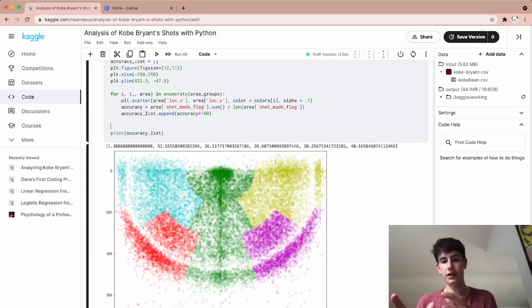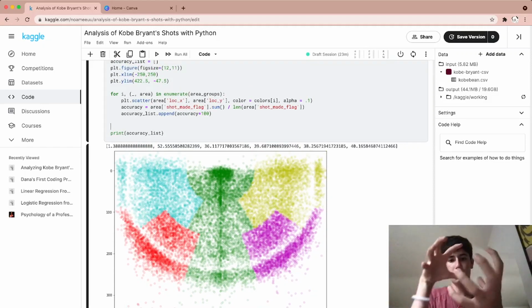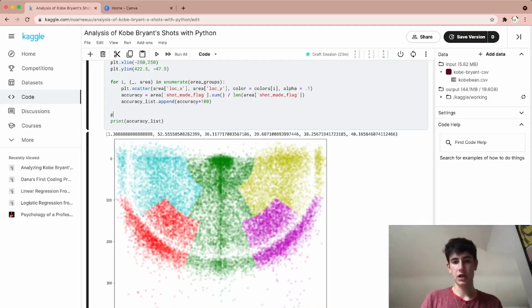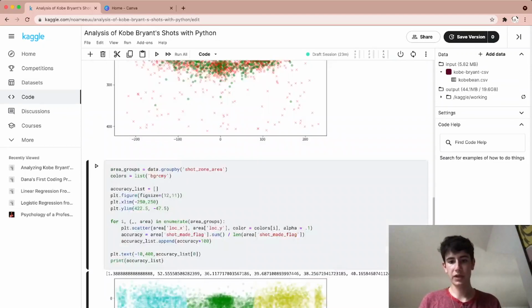So now what we have to do is plot the accuracies where the shot zone areas are. So the first one is the backcourt. So the backcourt's coordinates are -10, 400. And the way we call on our accuracy is we say accuracy list at index 0. All right, but this number is really, really long. So what we can do is